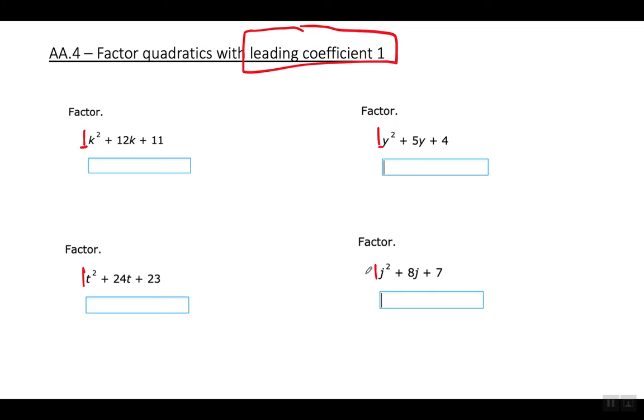If there's another number, then what we do is a different strategy, which we're gonna look at next class. All right? And those are a little bit more challenging. But the ones from today, when the leading coefficient is 1, are not difficult at all, and they're extremely important that you understand. Okay, so to factor this, factor means I'm gonna break this up into two multiples, two expressions